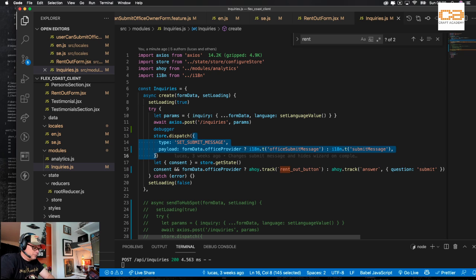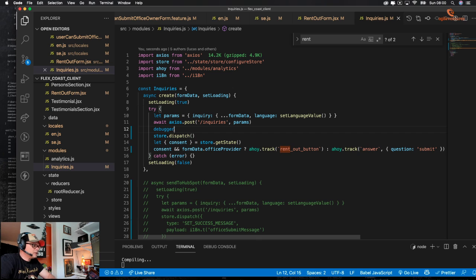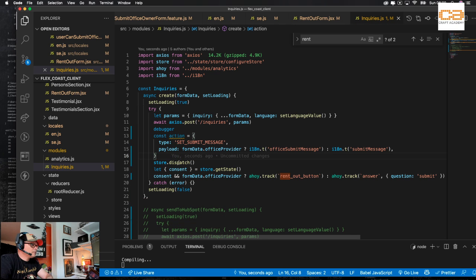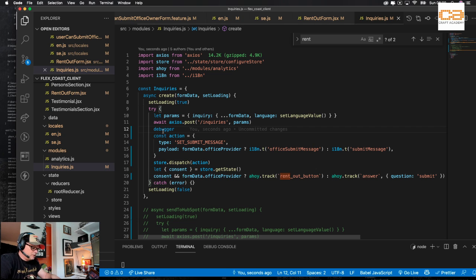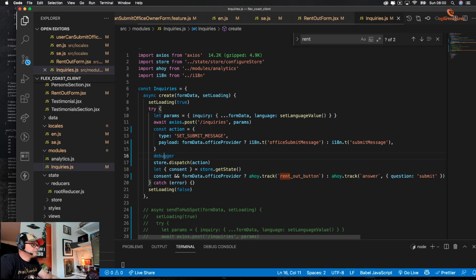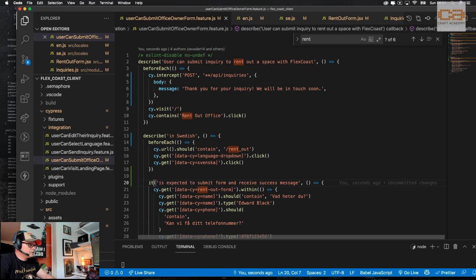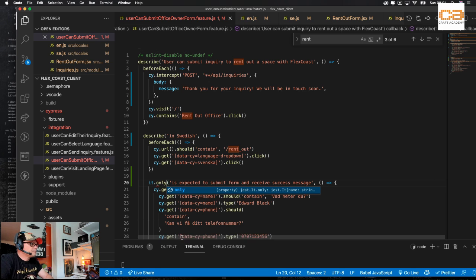Right, so what if we should just copy this? Well, actually we can cut this and we can say const action equals this, and then we just dispatch action, and we set the debugger down here. Right, and then we just go here and we say that we only want to run this guy.